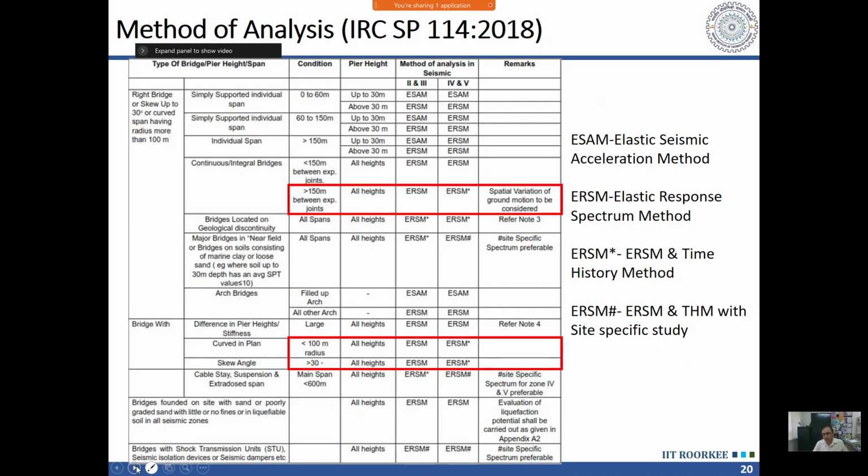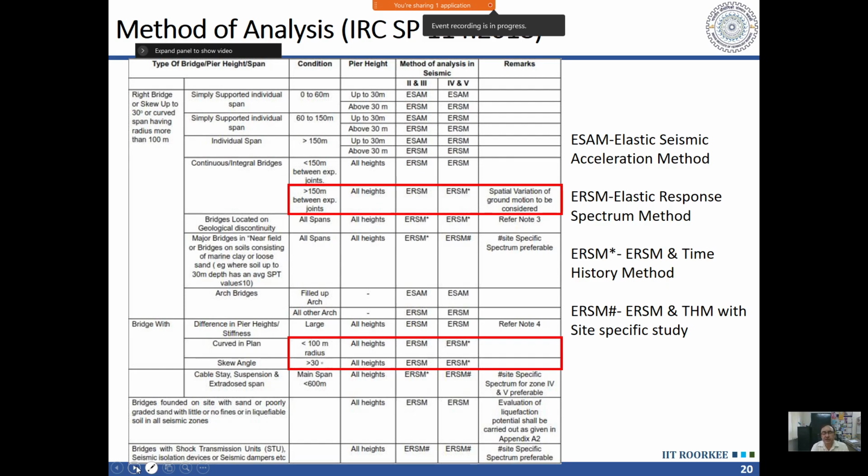Okay, now considering these different methods, we have a very simple method where we consider one single mode, which can be applied manually. Then we have a very complicated method, which is time history analysis, where even the selection of time histories is a skilled job, and making the 3D model requires skill. So we have methods from very simple to very sophisticated available. The question is which method we should use.